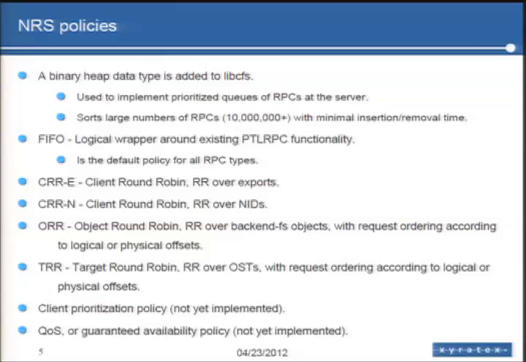And you get a bunch of policies that do round robin over something, and these policies aim to provide for fairness across the cluster. So, for example, you can handle bulk IO RPCs in a round robin fashion across clients,